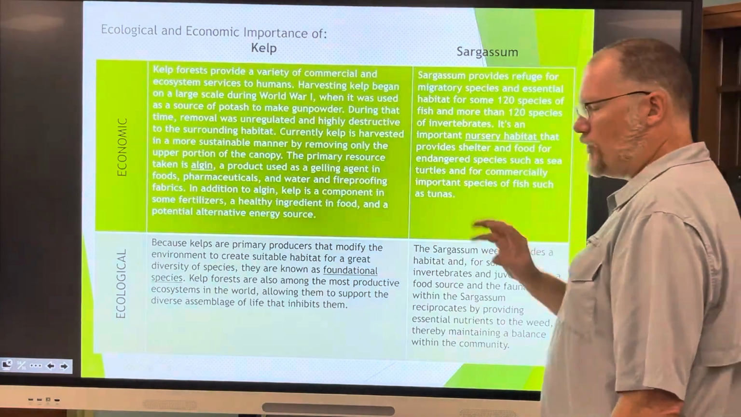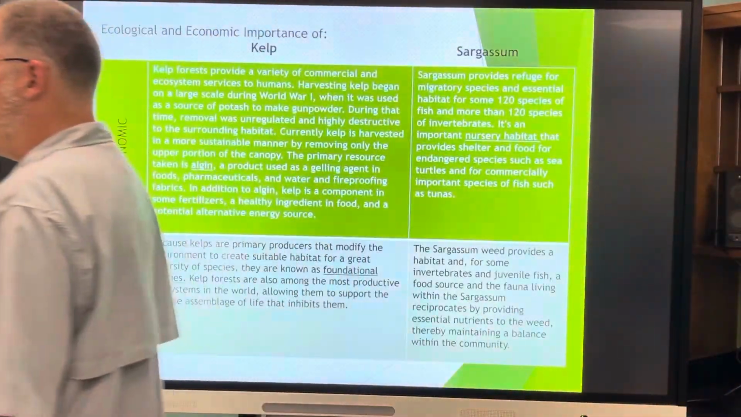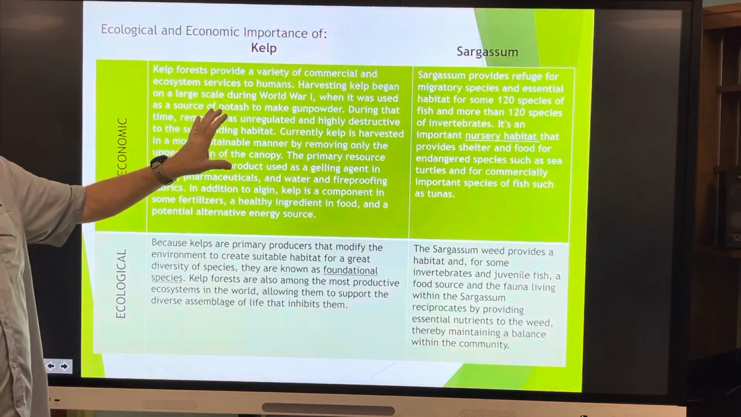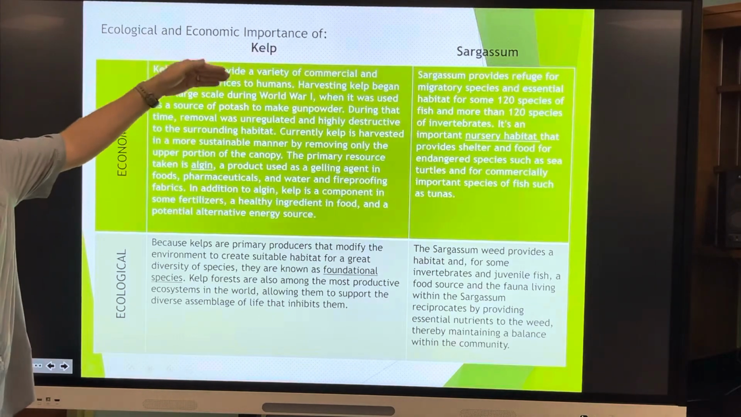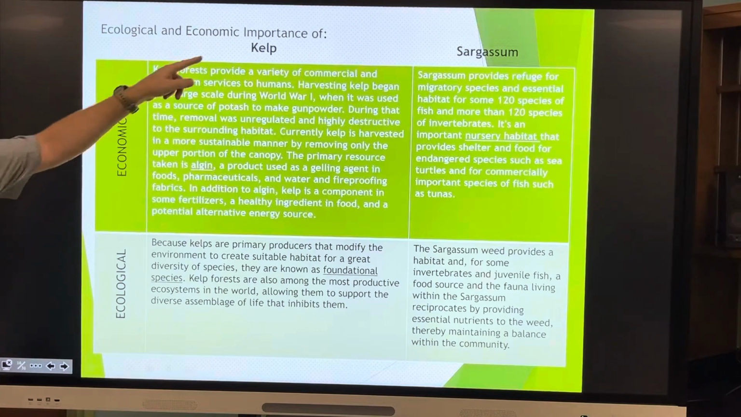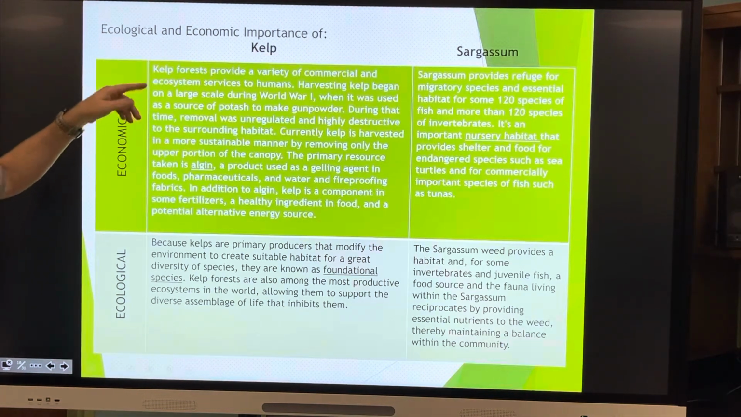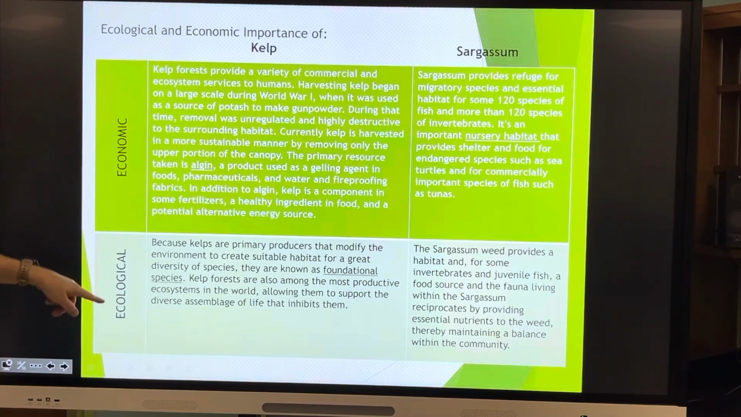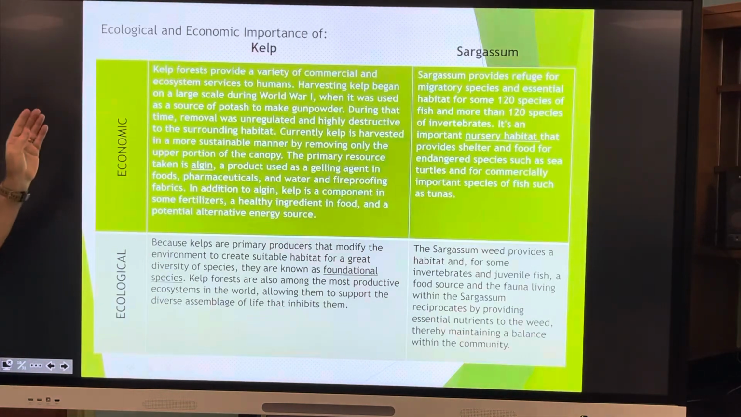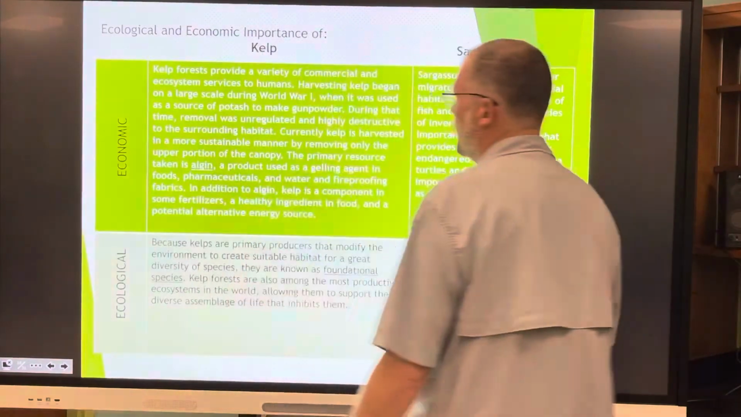Now, you have this table in your notes. So we're going to pause here just for a moment and start doing it right now while I'm talking, so that you can abbreviate this. Just abbreviate it. Read through it once and just get the main idea for what is the importance of kelp economically and ecologically, and what is the importance of Sargassum weed economically and ecologically, okay? So the main kind of point is